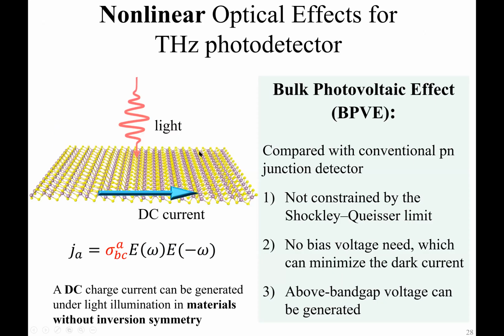Now, moving from a linear to a nonlinear response, in the ensuing sections we're going to discuss the so-called bulk photovoltaic effect, where you have a second order response in a current, which is DC current. So you can generate DC current under an oscillating electric field. And this is advantageous compared to traditional photovoltaics, where you're limited by the band gap as your upper voltage, and you're limited by the Shockley-Queisser limit. The only requirement for BPVE is that you have a material without inversion or parity symmetry.